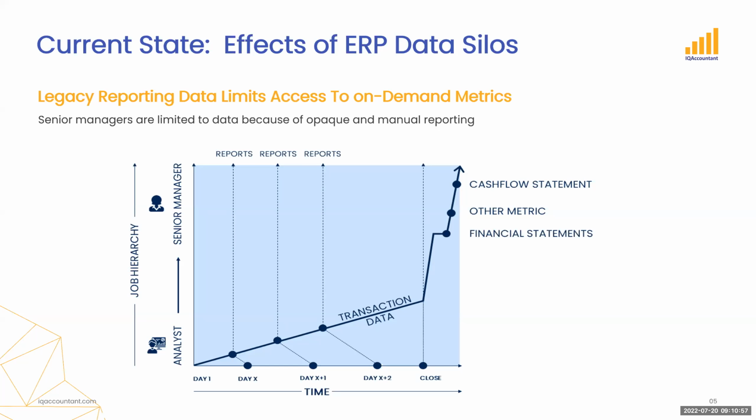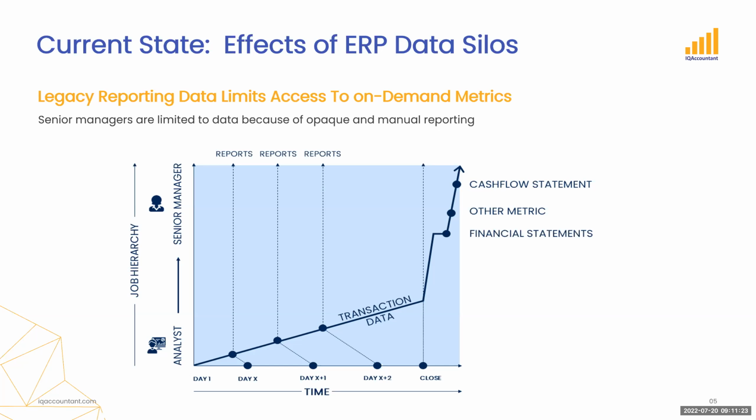After close, you see a compressed amount of work over a very short amount of time to produce compliance reports. That focus on external customers means internal decision makers are kind of left in the dark. So what we'd like to do is improve this process in ERP